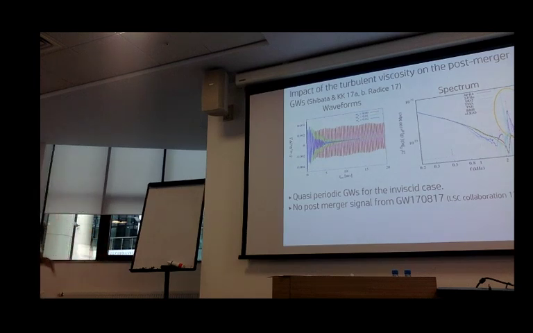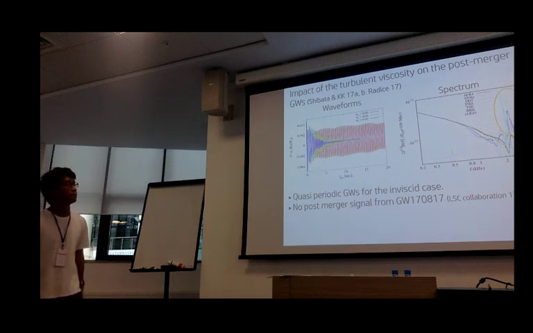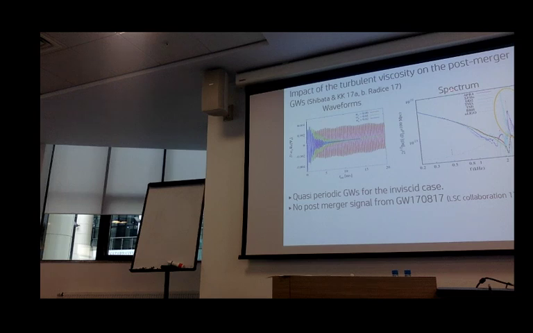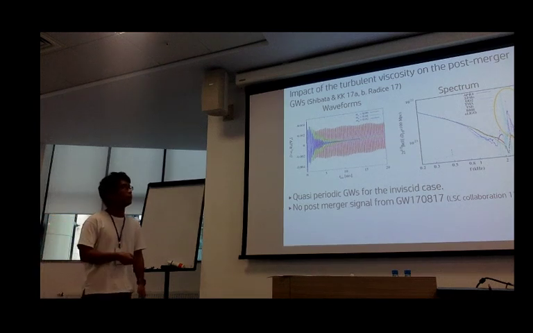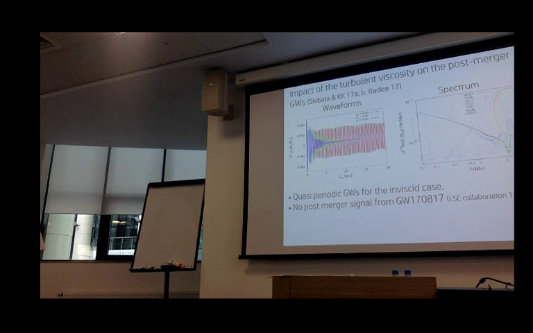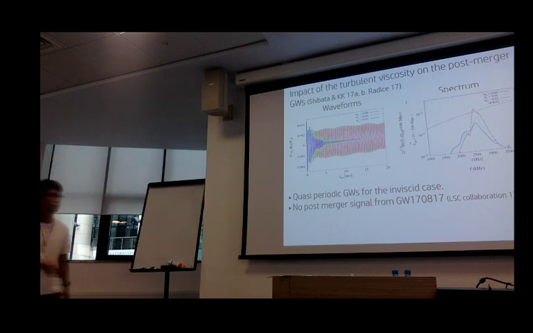Then the emissivity of the gravitational waves is suppressed very rapidly. The right-hand side figure is a spectrum, and this peak corresponds to the F2 peak, as I mentioned before. And here is the inviscid, no viscosity case. However, for the viscous case, the peak amplitude becomes low because the emissivity of the gravitational waves